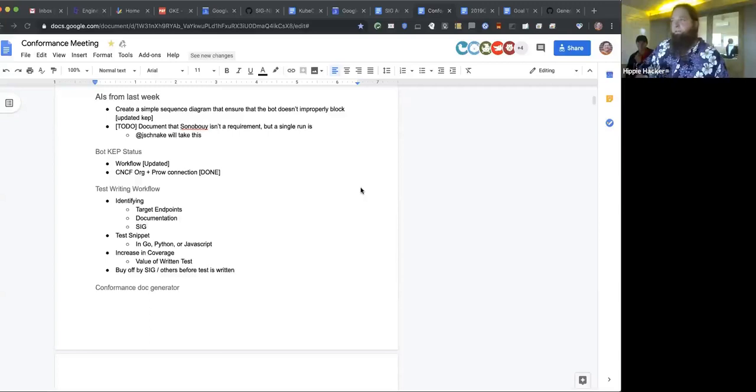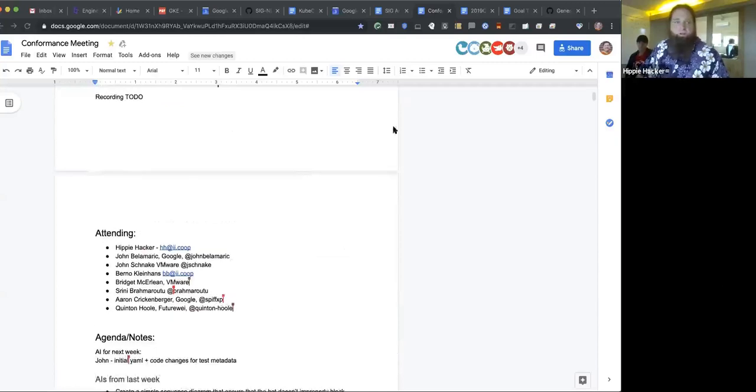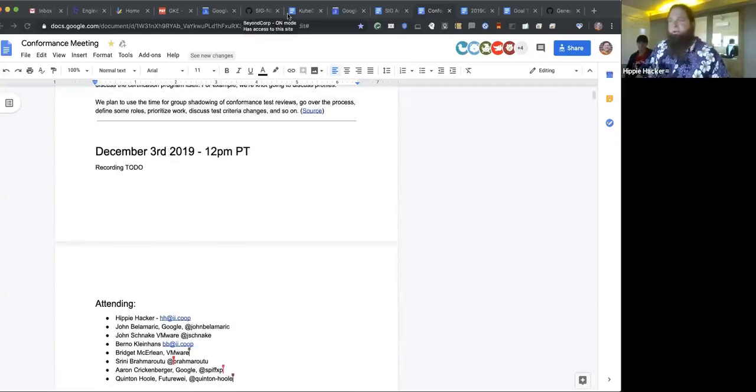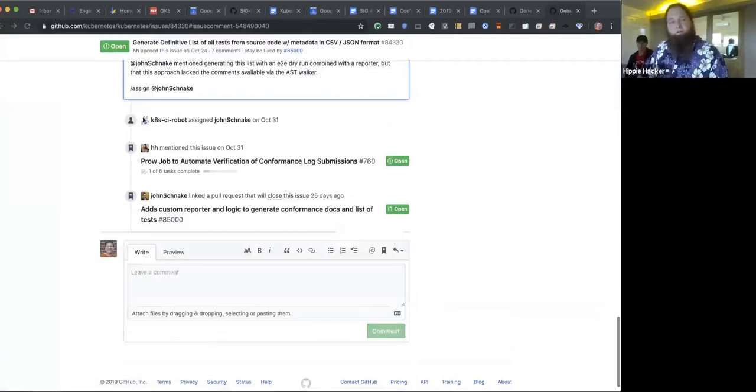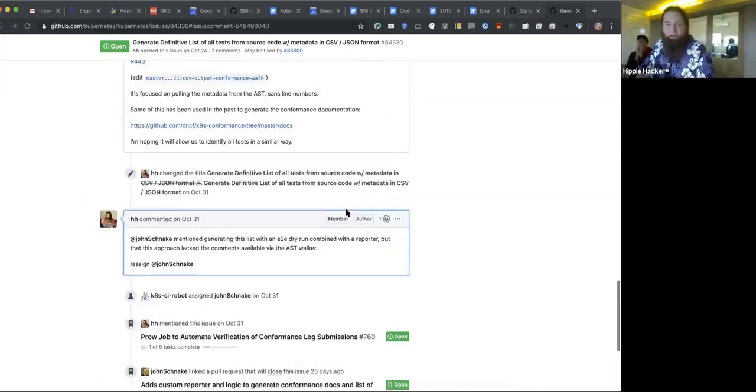I wanted to comment on the issue 843330, the first link in our shared Zoom chat. The reason I wanted to go through and get a definitive list of all tests is not to be any gating mechanism, but for a reference point. And you'll note that Aaron pointed out the text field in that last entry should be unique, but it's not. Also, for us to be able to identify independently, for example, when we get a little further in the meeting today around the PR blocking bot for test, when we try to look at a particular test ID or a test to see when it's promoted,